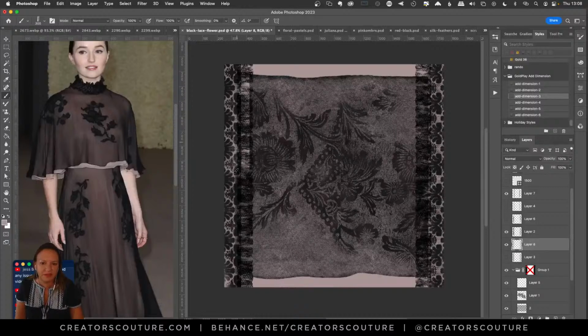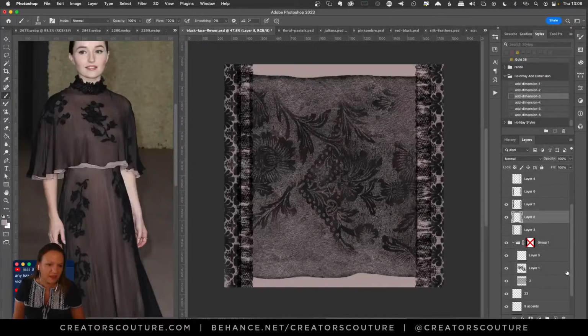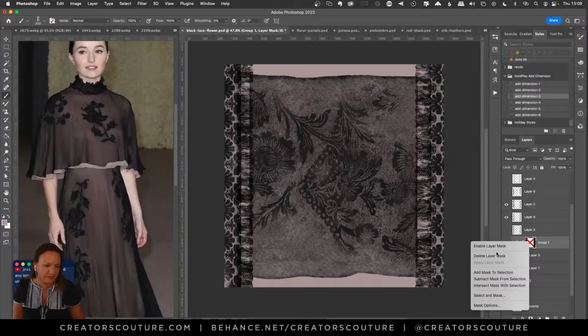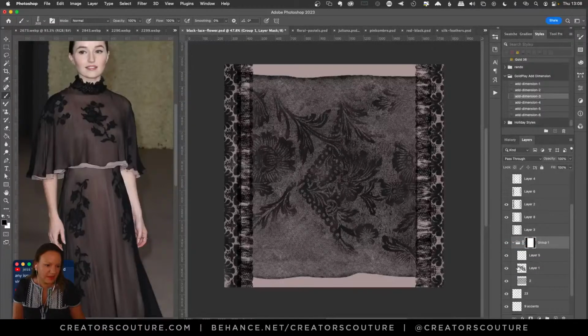And I think that that's really nice. And I could even draw it a little bit more over here. So we see that. And even in my original one, let's see here, enable the layer mask. It went all the way over to the edge. So I put those original two layers into a layer group and then put a little bit of a gradient so it tapered off on the side, but I like it anyway.